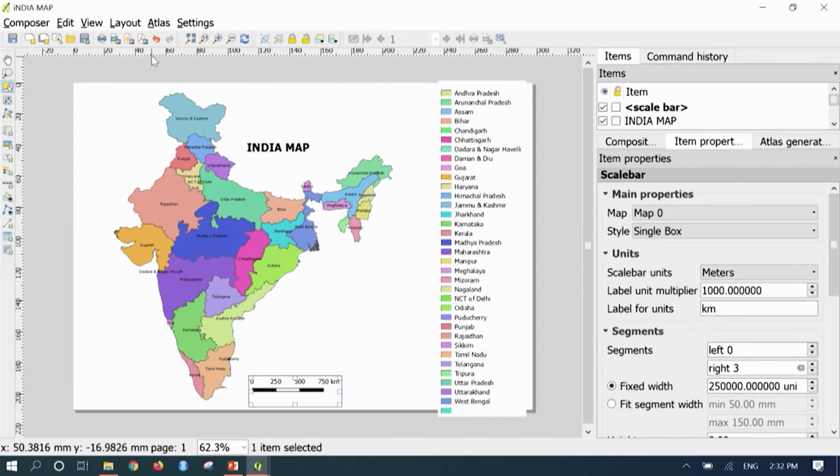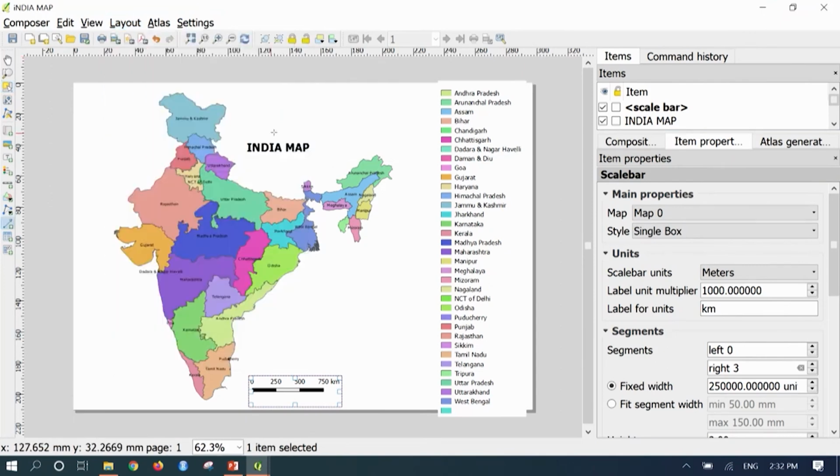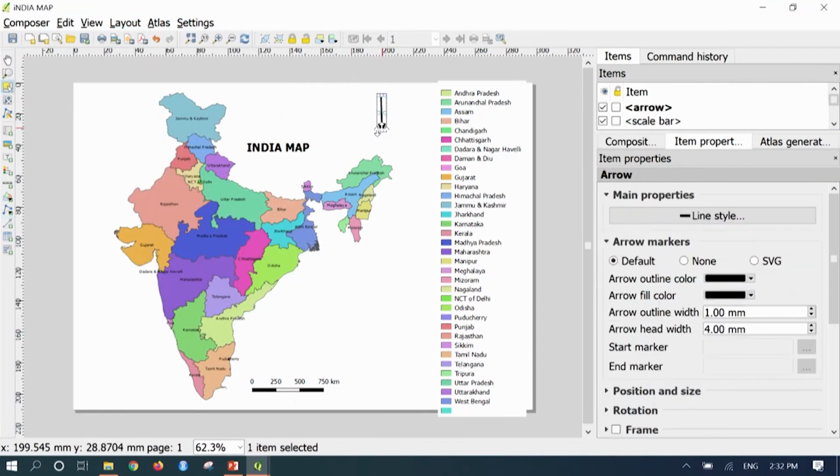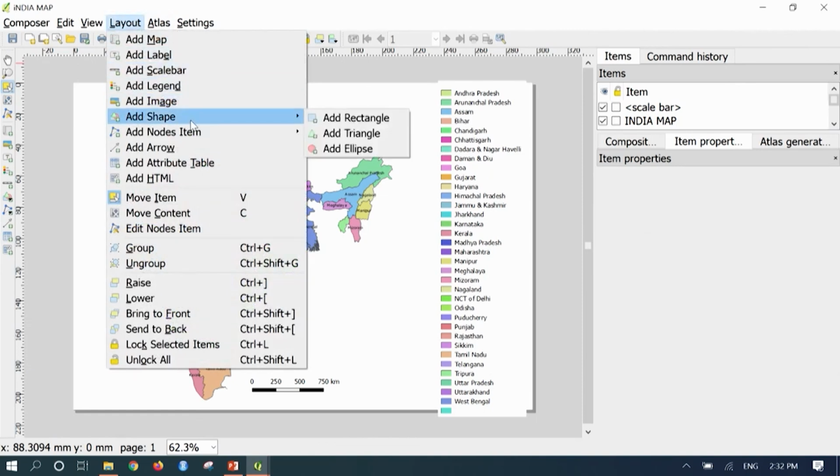Similarly, one more important thing in the map composition is adding a north arrow. If you go to layout and add arrow, here you can add a north arrow. You need to adjust it in such a way that the vertical is a north arrow,